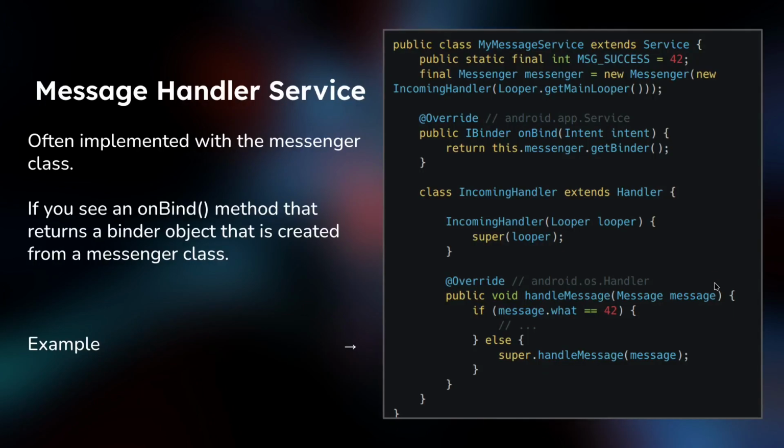The next thing we can talk about is message handlers. So these are a type of service that you might see implemented, and it's done so with this Messenger class, which is something that's implemented as part of Android. You just have to import that class. It's not dissimilar to Toast or something like that. So if you see an onBind method like this that returns this Messenger object, that's how you know you're dealing